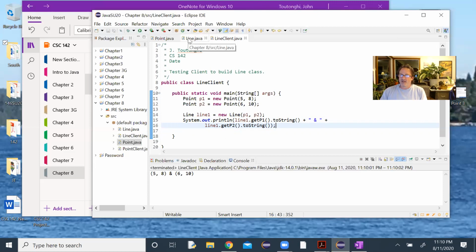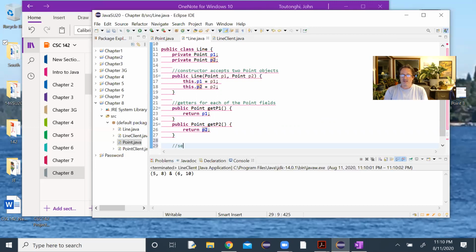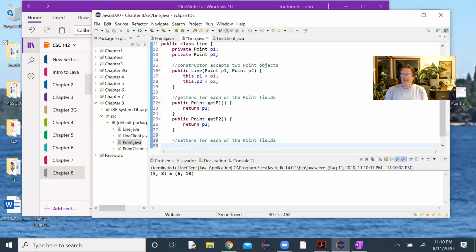And again, they're going to be very similar, right? So we're going to come down here and say, setters for each of the point fields. So public, it's not returning anything, so it's void. There's no static in this class because this is creating the methods that are going to be called from static methods over in the client. Public void